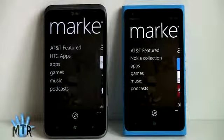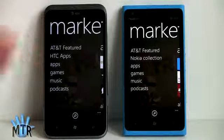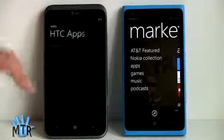Now, how about custom software? With Windows Phone, each manufacturer can make their own custom applications that are available only for their brand phones as value added. So you see, if you go to the Windows Marketplace on the phone, we've got HTC apps on the HTC phone and Nokia Collection on the Nokia. And if we take a look at what those offer,